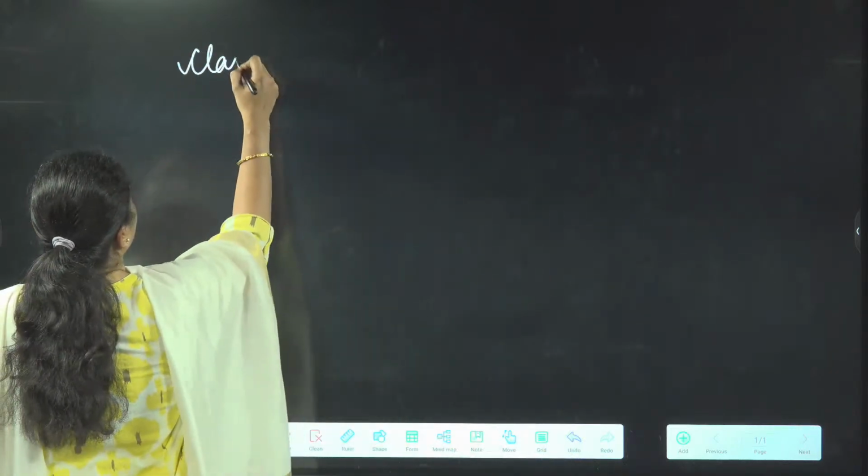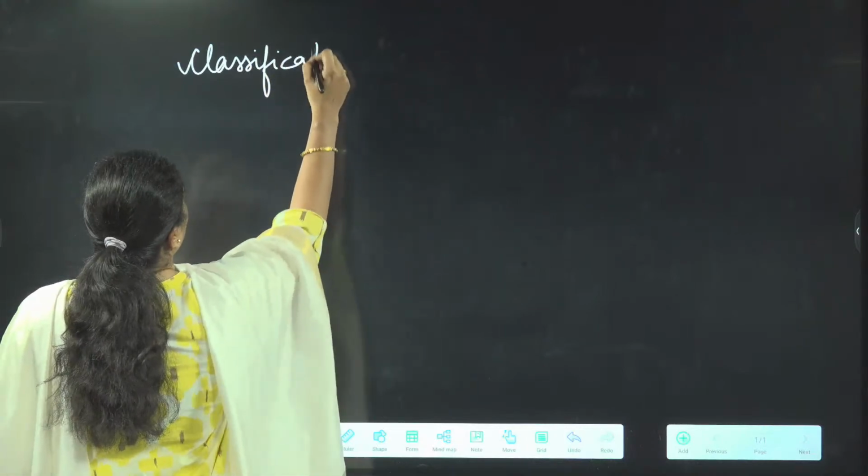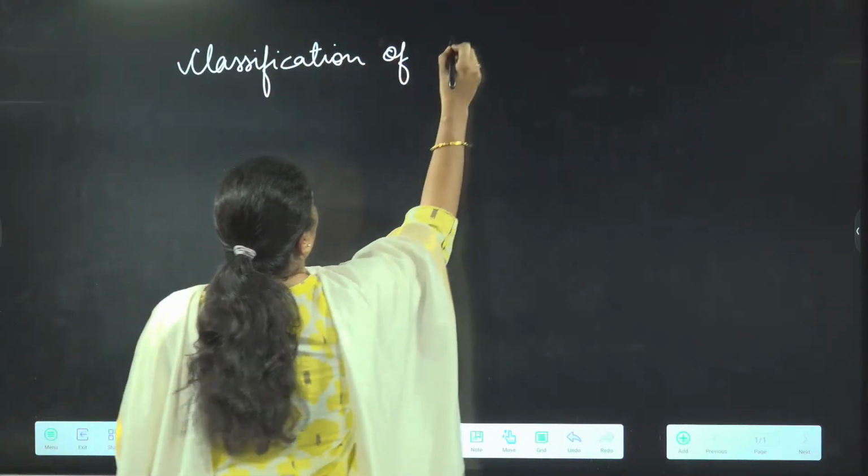So in the last class, we finished off the modern periodic table, right? In that long form of the modern periodic table, we have seen how many groups and how many periods there are. We have also written some important points, like how many elements are gases, how many are liquid, and all those things. I hope that is clear to you, okay? Now today we'll proceed further in that series itself. So today we are going to learn about classification of elements,